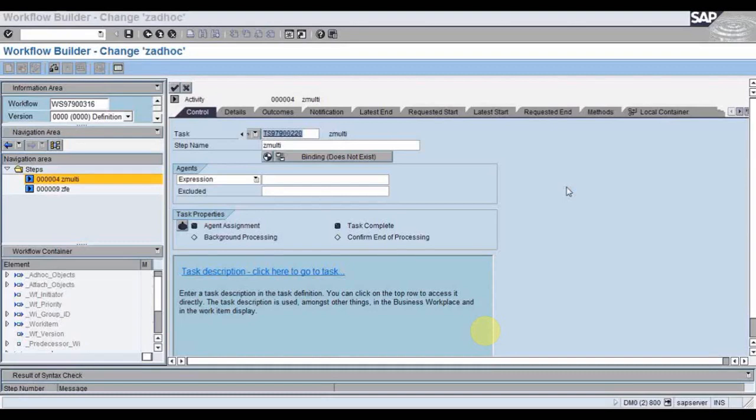Right, there can be such a requirement in the company. Let me tell you the requirement. Suppose they want that if one user has executed the work item, it shouldn't disappear from the others' inboxes. Suppose 5 managers have received the same work item instance, and if any one manager approves, it disappears from the other managers' inboxes, but the company doesn't want that.